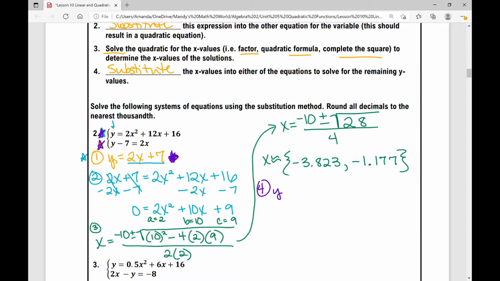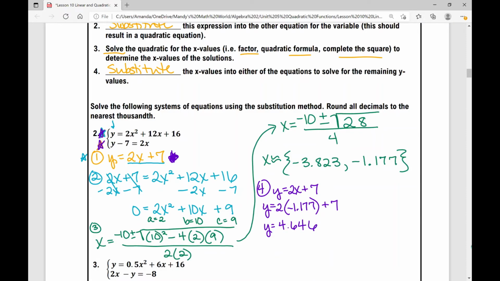So I'm going to use y equals 2x plus 7. I'm going to substitute this -1.177 in there. So y equals 2 times -1.177 plus 7. And you can use your calculator to do this, or pause the video and do it on some scratch paper: -1.177 times 2, then add 7 to that, and you should get